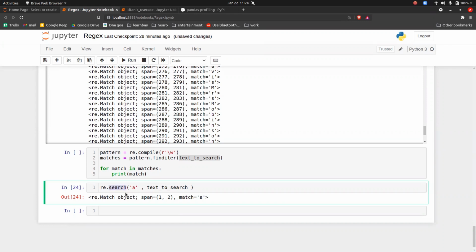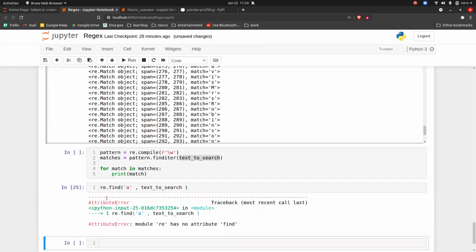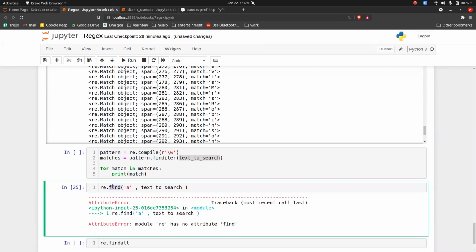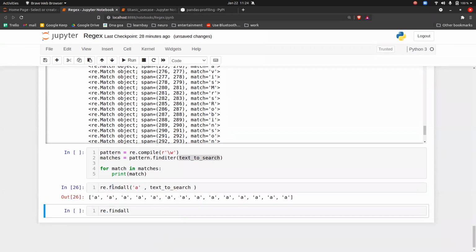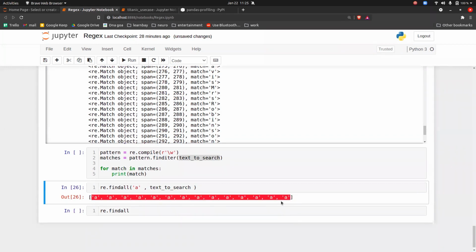So re.search, re.find. Okay. So re.findall also, yes. Find all. And this is what you wanted. You get the answer. See, it is extracting everything now. So you can use findall and you can extract everything here.